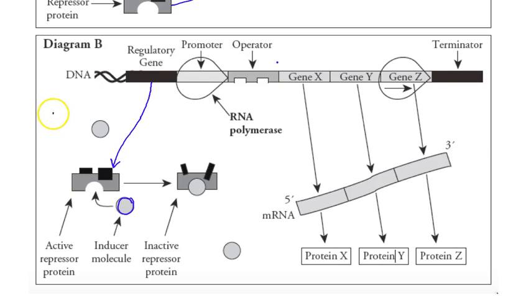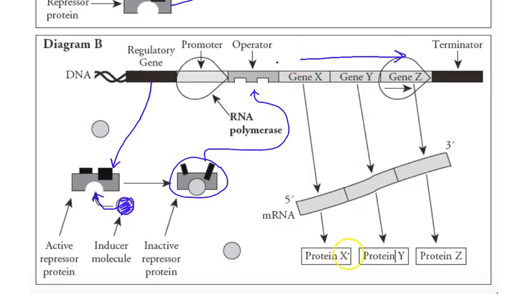So if you have lactose present for this cell, you'll have allolactose that comes from the same source. And this allolactose is an inducer because what it does is it binds to the repressor proteins, changes its shape in a way that it cannot bind with the operator, and it induces these genes to be transcribed and eventually made into the proteins necessary to break down the lactose. So we would say the inducer induces the system in this case, but it's still a negative approach